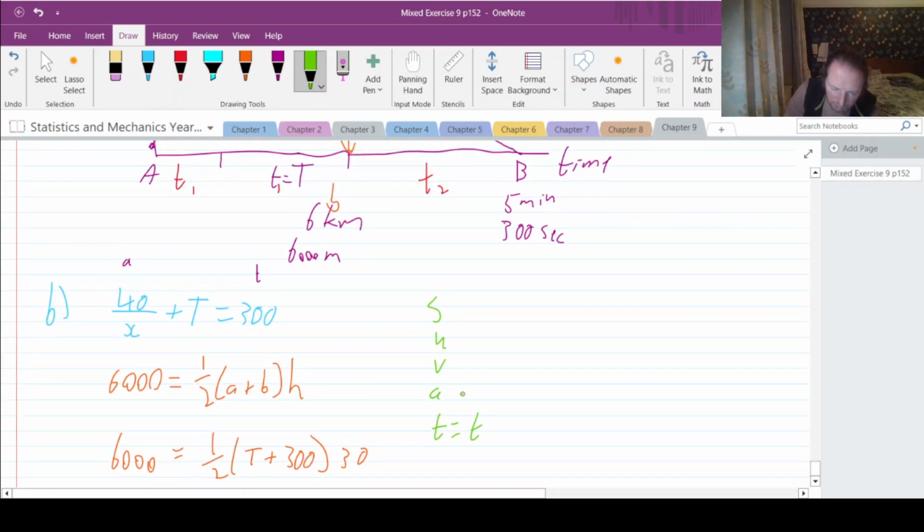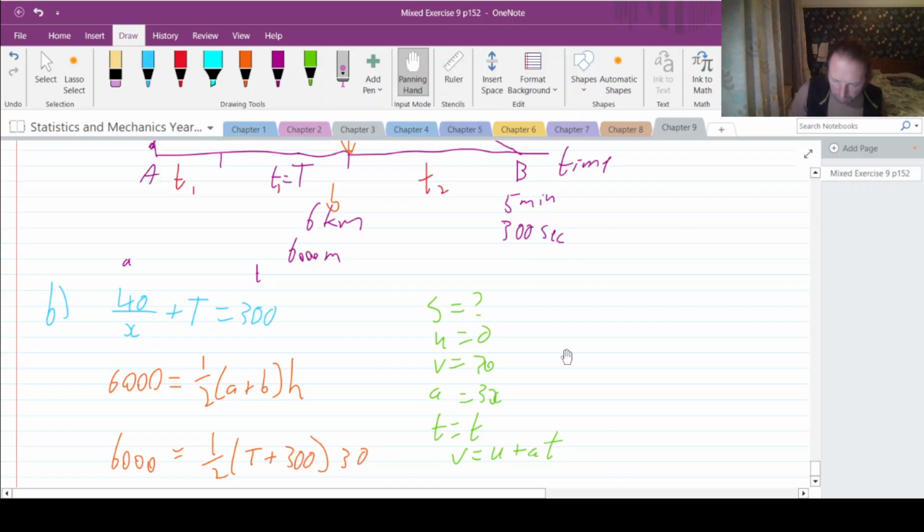The time we don't know, the acceleration was 3x, the final velocity was 30, the initial was 0, and the distance we don't know. So if we take something without s in it, which would be v equals u plus at,